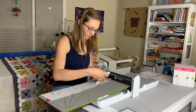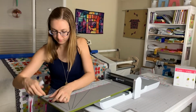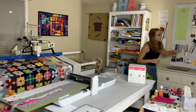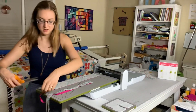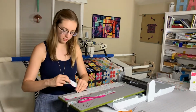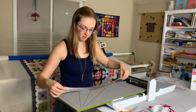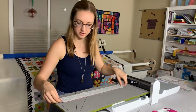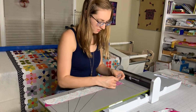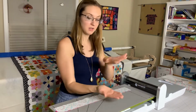And as I peel this up, now you can see I did not get overly persnickety. I'm gonna grab a pair of scissors, just a second, guys. I did not get overly persnickety about my fabric waste for this quick demo, but you could make sure that there's not a whole bunch of extra fabric around your die if you don't want to have the extra strings. But now I have 4 strips ready to go, and when I take them to my machine, I will simply peel them up and sew down one edge, and then once you press them open, you can nest them back